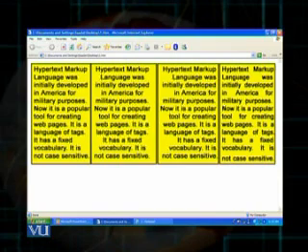In the first column, the text is left aligned. In the second column, the text is centrally aligned. In the third column, the text is right aligned, and in the fourth column or the fourth cell, the text is justified. I'll show you this result again.